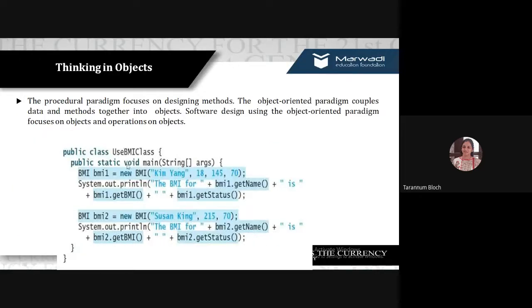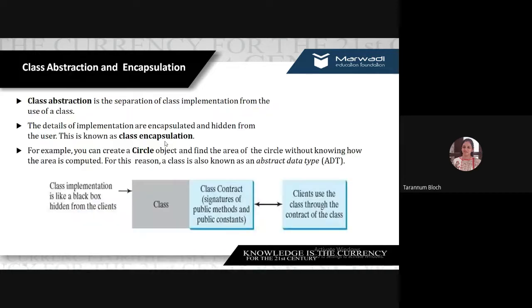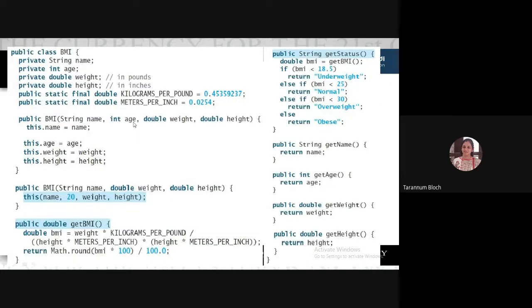So if you look here, this is my main method. I have first user Kim Yang, 18 age, 145 height, and 70 weight, right? So if I'm creating the BMI1 object, these 4 values will be given. This reference is assigning the current value to the instance variable. When I'm creating the object for the first time, the argument Kim Yang is copied to this dot name. It means in the BMI class variable, I'm copying that value. Age 18 is going to be copied here, and so on for the other variables.